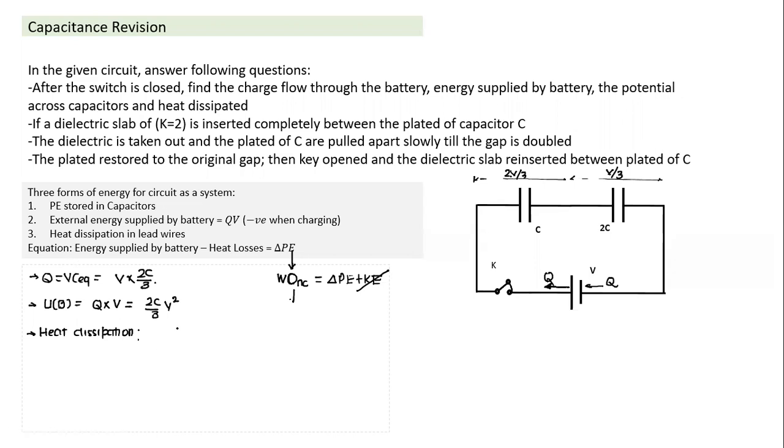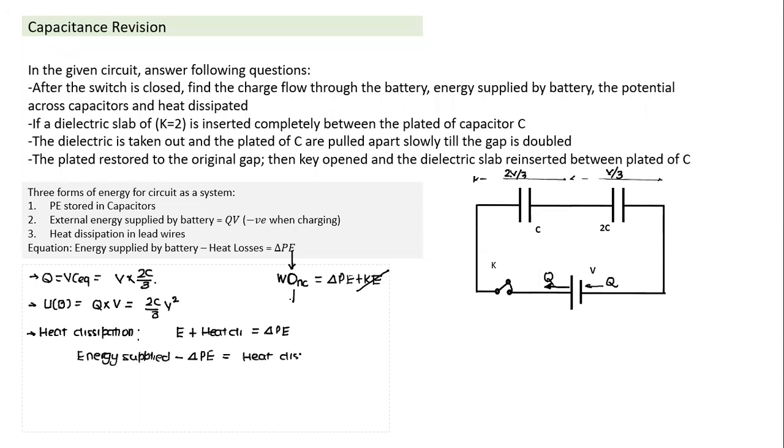So the energy supplied by the battery plus the heat dissipated, which is the negative form of energy, is equal to the change of potential energy. So basically, what is the heat dissipated? The energy supplied by the battery is partly utilized for increasing potential energy, and the remaining part is dissipated. This is something you can understand in this form: heat dissipated is energy supplied by the battery minus the increase in potential energy. That remaining part is lost, and that part is the heat dissipated.